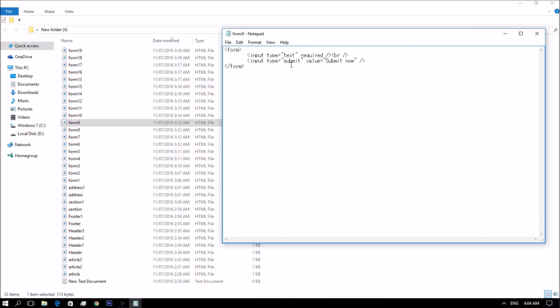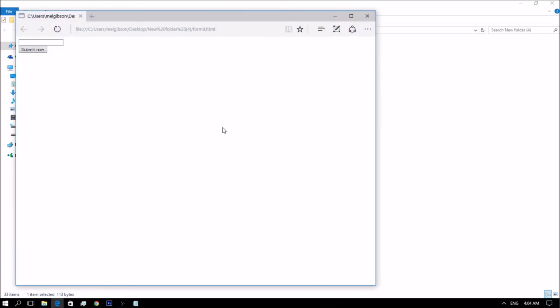So how does HTML5 validation work? The basic idea behind HTML5 validation is that you tell the browser which fields you want validated, but don't actually do the tedious implementation yourself.